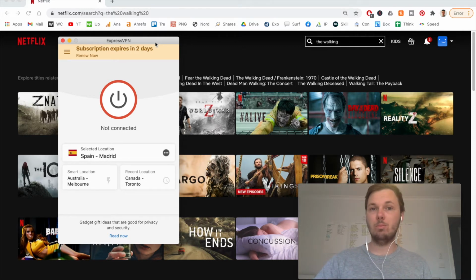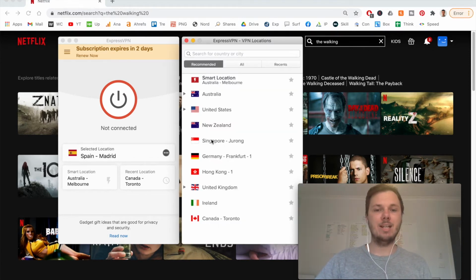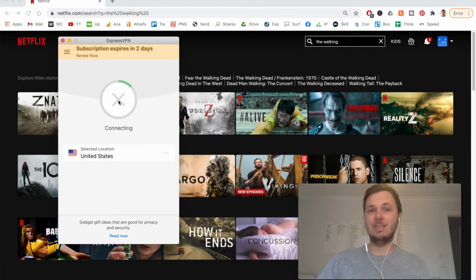So I've already logged into my ExpressVPN account, and all I have to do to connect to the USA is click on these three dots and then click on the United States as it is a recommended location. So I click on this one and then press the connect button. And it really is that simple, guys. It literally only takes a couple of clicks to change your kind of digital footprint so you can access the